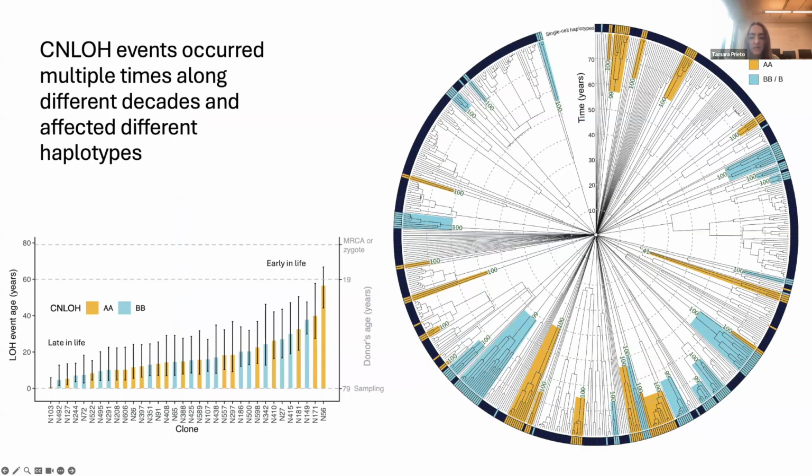And we did an ancestral parsimony reconstruction, so we could confirm that the events occurred more than 30 times in this donor in these small biopsies. And so it is a trait that was acquired multiple times, similarly to how the fusiform shape of aquatic mammals I showed in the intro slides was acquired independently. So in this case, the CNLOH all occurred after the donor was 20 years old. That made us also wonder if this was the case in the remaining donors.